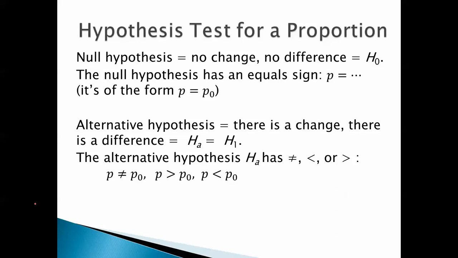The null hypothesis is always no change, no difference. That's represented by H sub 0 or H naught, and it always has an equal sign, so it's of the form p equals p sub 0. The alternative hypothesis is that there is a change, there is a difference. We represent that with H sub a or H sub 1, and the alternative hypothesis has a not equal sign